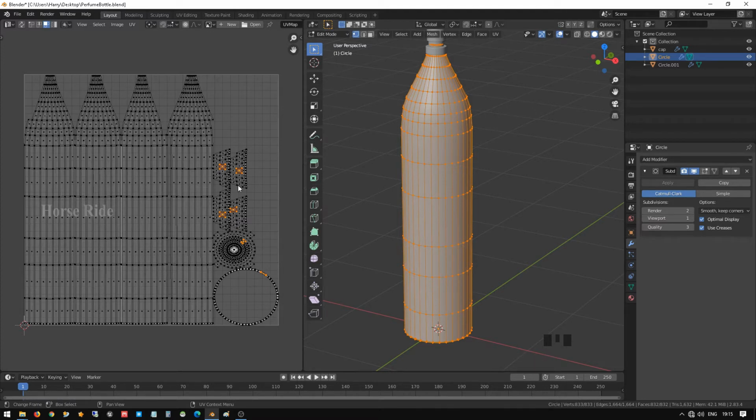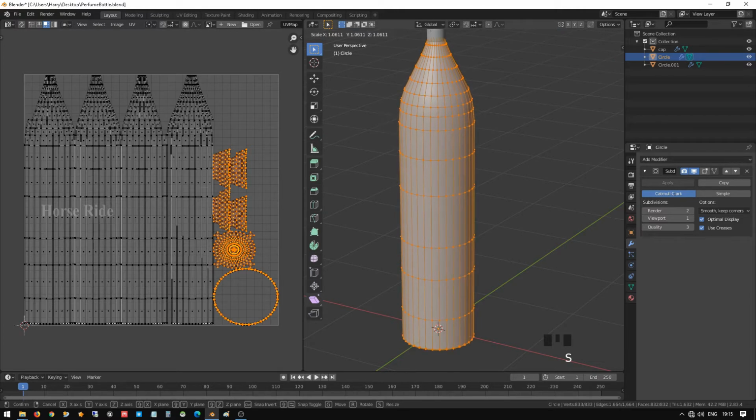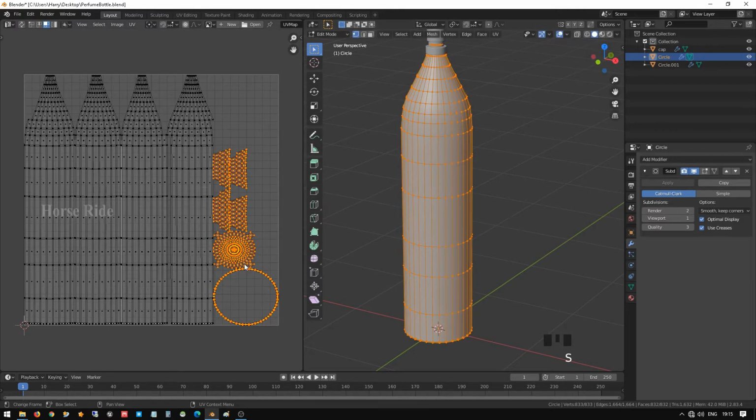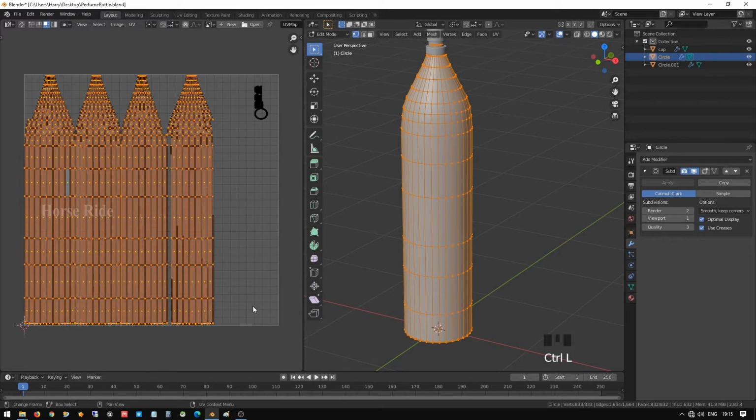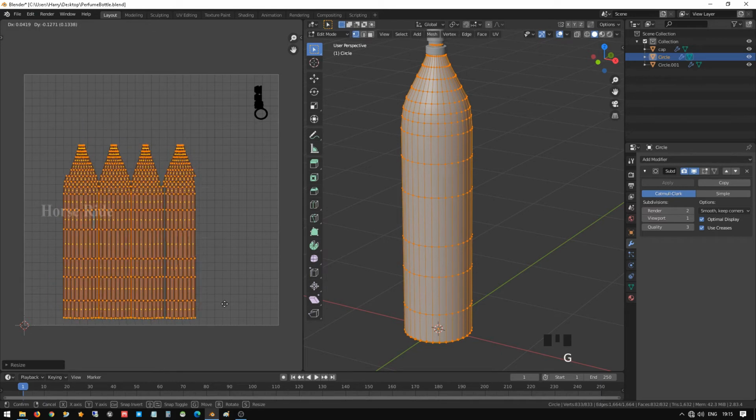Now press Ctrl L to select whatever is linked to the UVs and press S to scale. You can scale it smaller and move it a little bit towards some other location. In the same way, select each UV and press L, S to scale, and G to move.